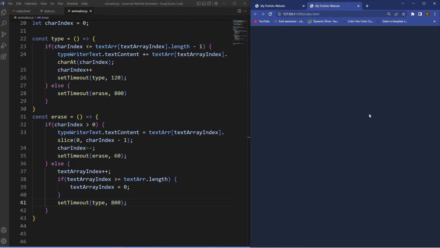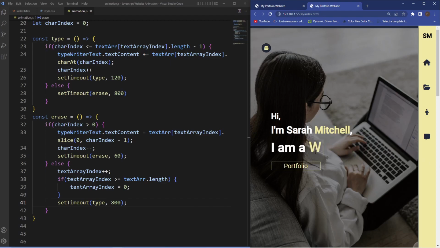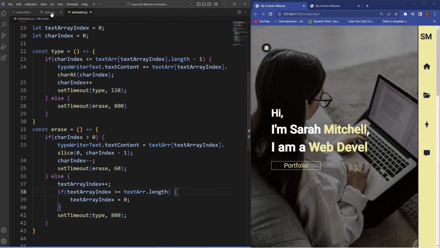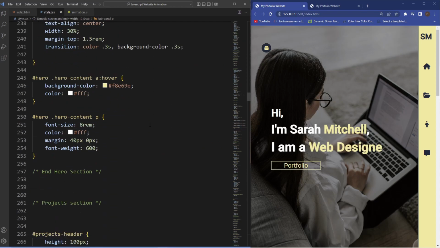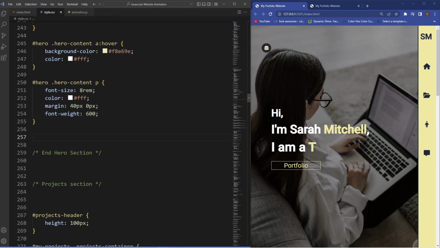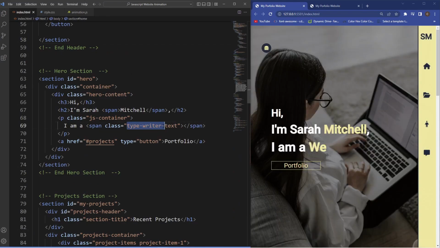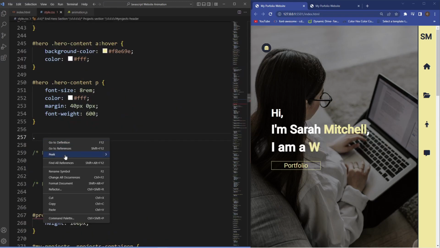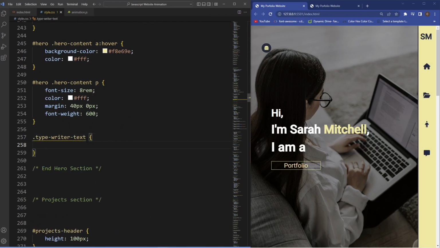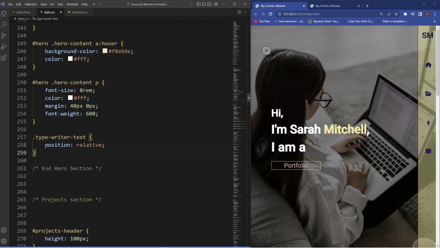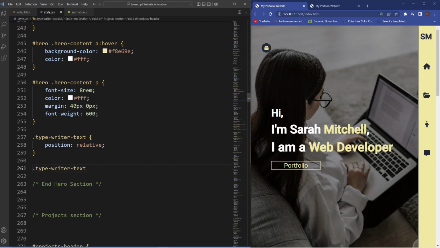All we need to do now is just include the little flashing icon that you see here, just to give it that little extra bit of effect. So let's head into our CSS, and we are in the hero section here for this bit. And I think this has the class of typewriter text. So we'll just copy that and paste that in here. Now we're going to need to use position relative here because we're going to need to position the actual effect on the pseudo element of after. So we'll just say position relative,